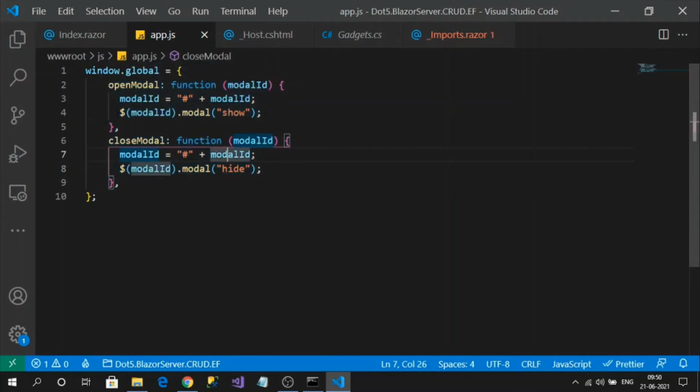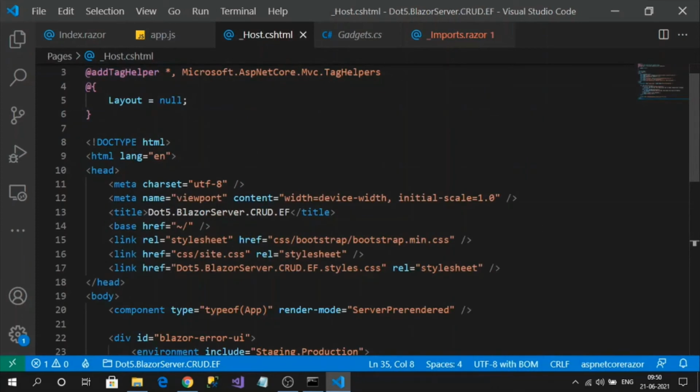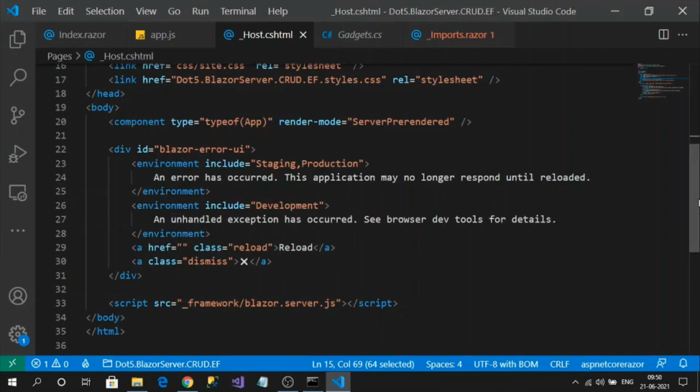Here I am using some jQuery, and for the Bootstrap modal pop-up we need to add some JS files, because by default Blazor only adds bootstrap.min.css, no JS file. The JS file is required only for a few components. So now I want to add bootstrap.js and jQuery min.js.